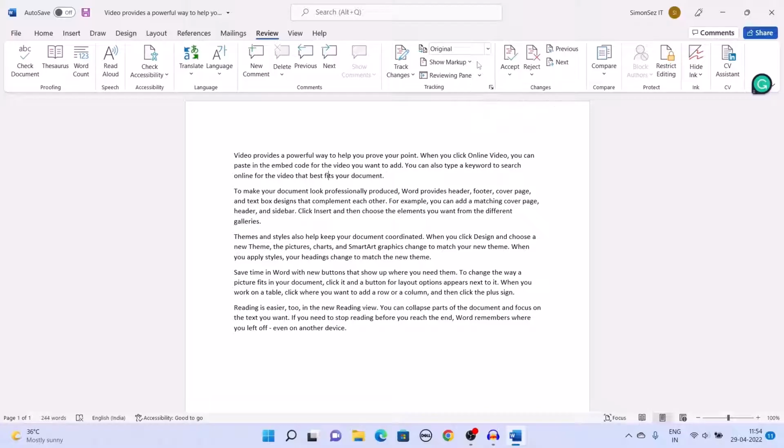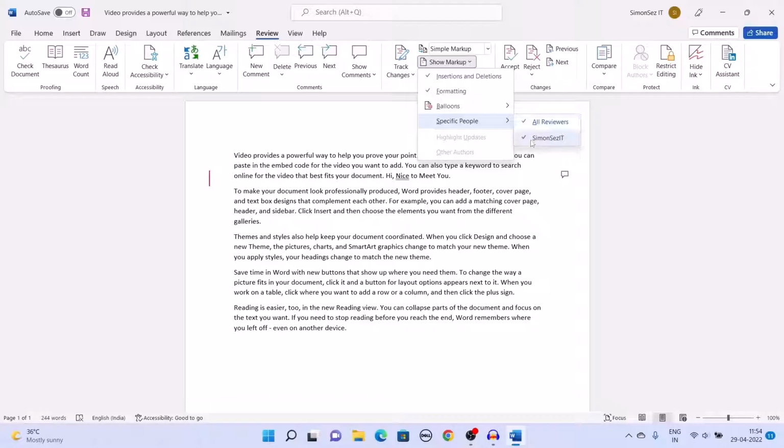You can also choose to see any one or more types of the changes made by selecting them in the Show Markup dropdown. Here you can toggle on or off to view the comments, formatting, insertions, and deletions. Moreover, you can see the changes made by specific people using the Show Markup dropdown and selecting the Specific People